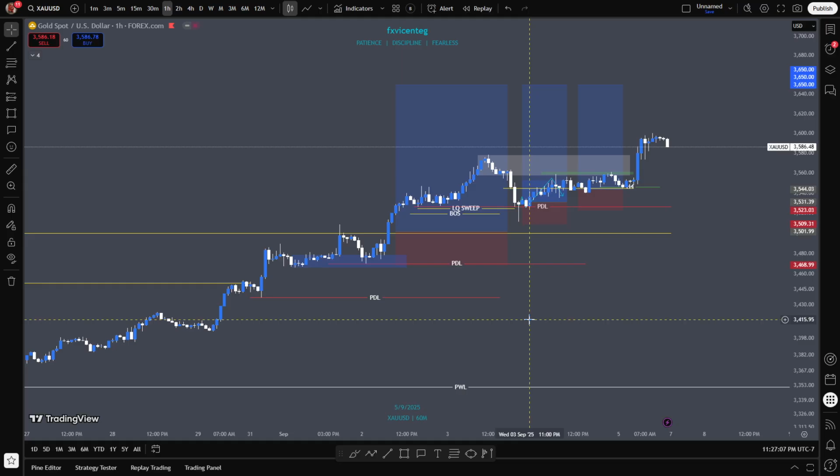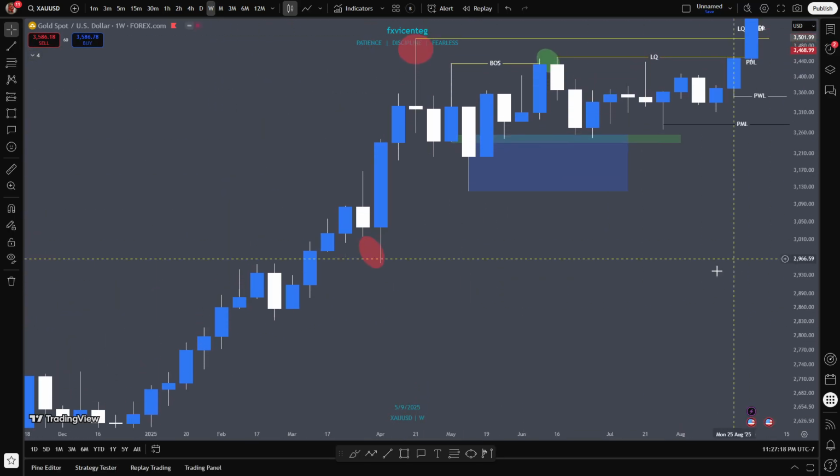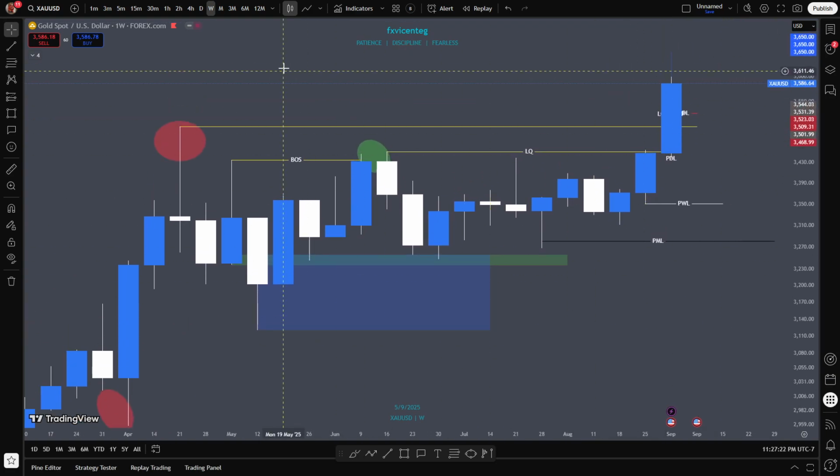But first things first, we want to do a top-down analysis to see how I got my buys. So let's go ahead and start that. So usually I start off on the weekly. We're going to zoom in here. Usually I start off in the weekly, but for this specific example, for these trades, I'm going to go